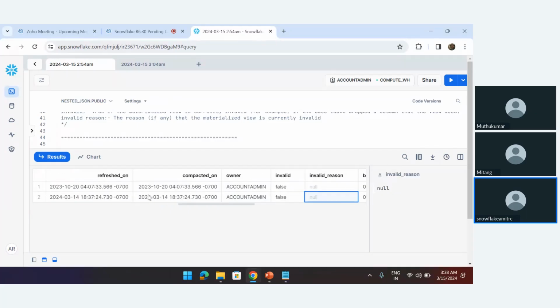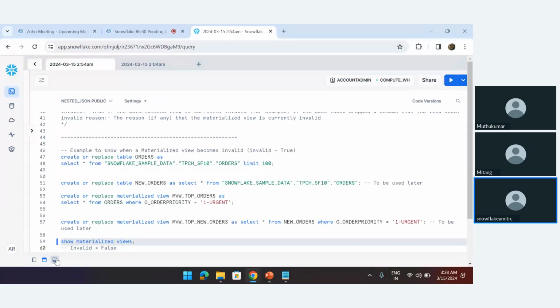If you do any alteration on the base table, let's say you drop any column or maybe you modify the data type of any column, for example, let's say